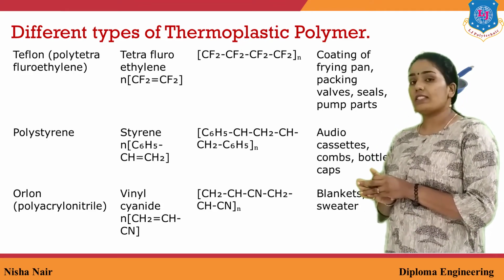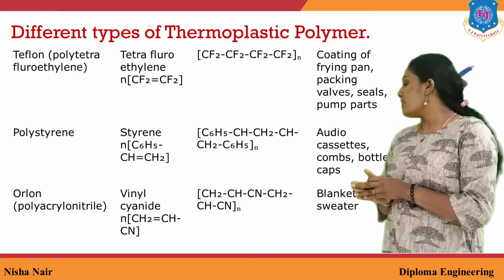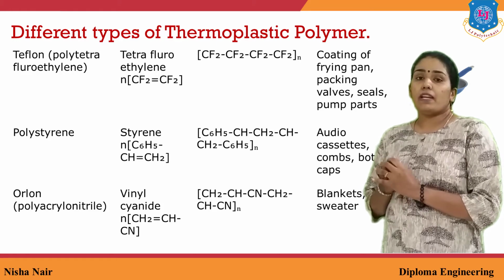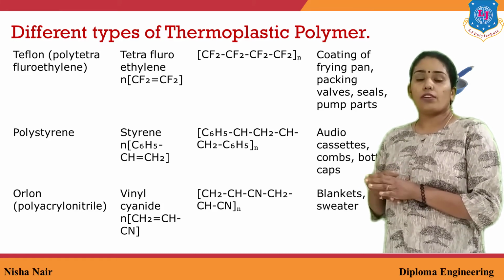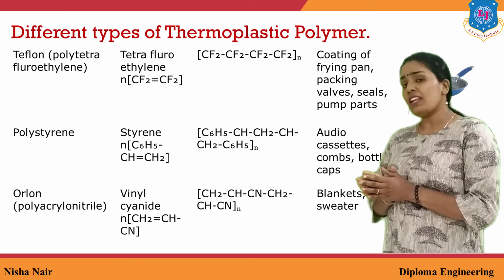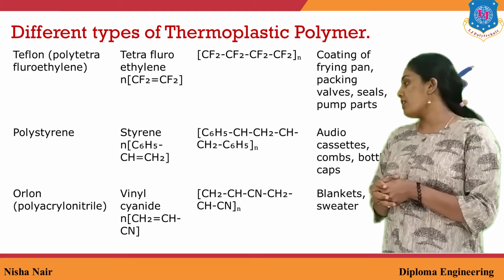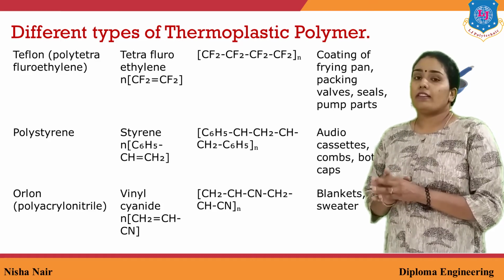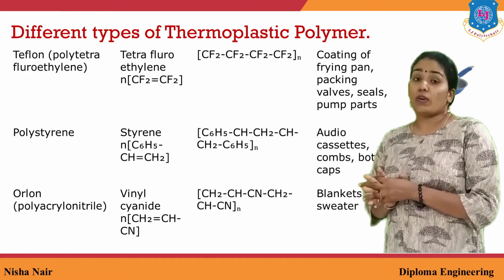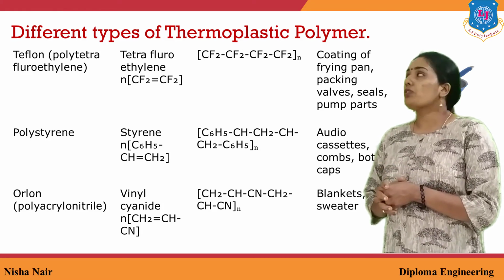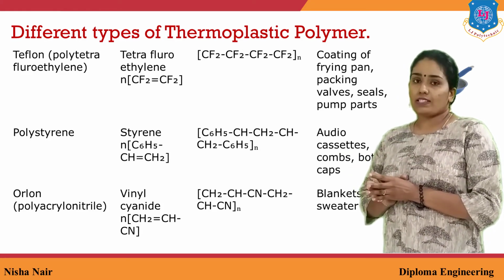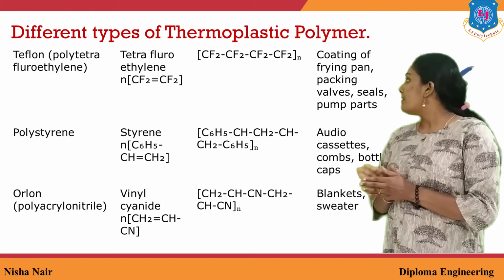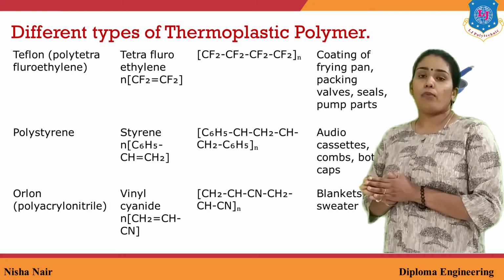Now fifth you can see a polystyrene molecule where styrene is the monomer unit and the structure is C6H5CH=CH2, which is mainly used to make combs, bottle tops, etc. Now last is polyacrylonitrile, where we can see acrylonitrile, CH2=CHCN, and it is mainly used to make blankets, carpets, sweaters, etc. So these are the examples for thermoplastic polymers: polythene, polypropylene, polyvinyl chloride, then Teflon, polystyrene and